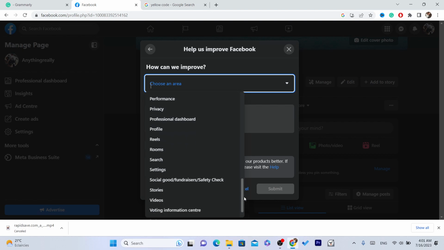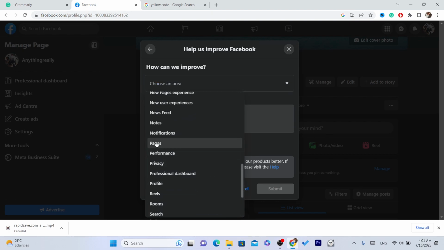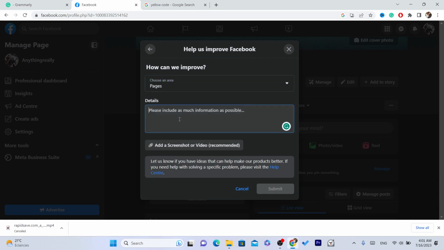You want to select pages. This is very important, guys. You need to select pages for this to work, and type here: hi Facebook, I would like to get a follow button on my page, on my Facebook